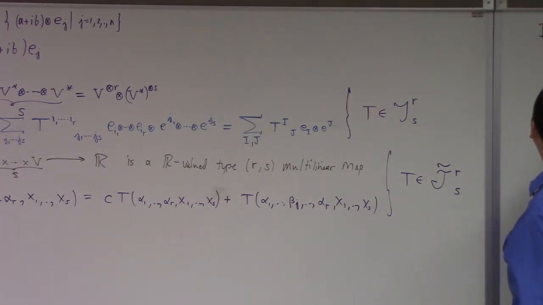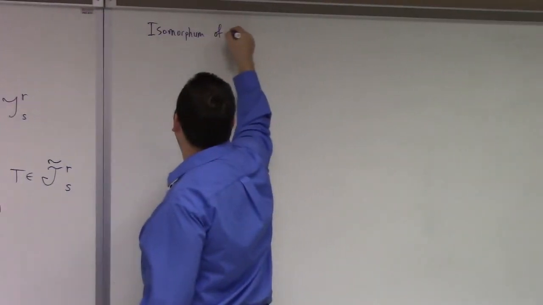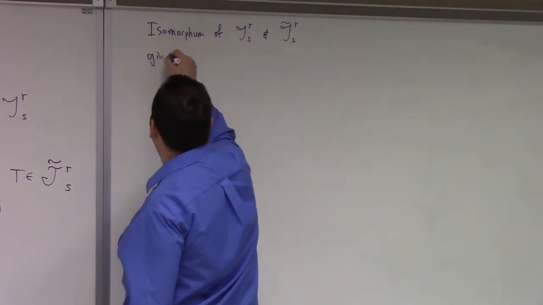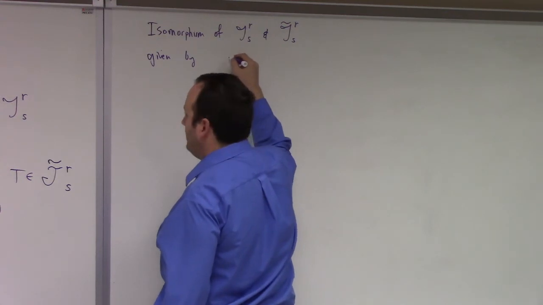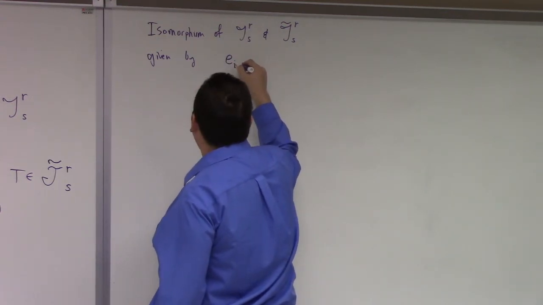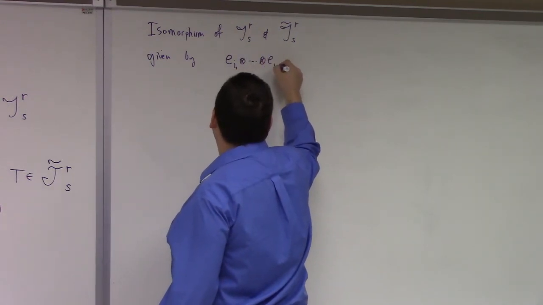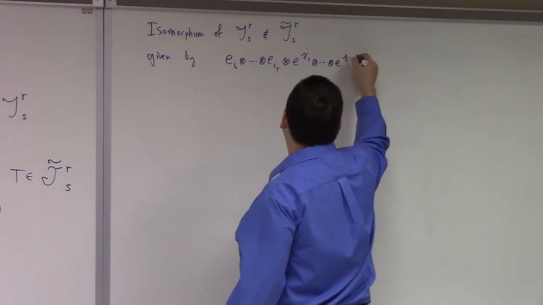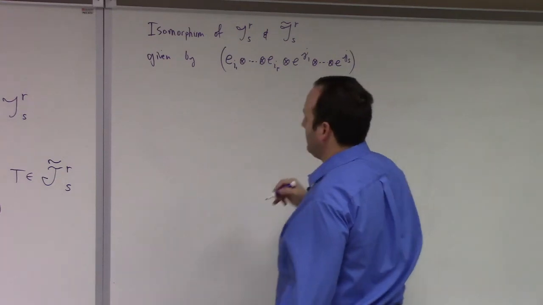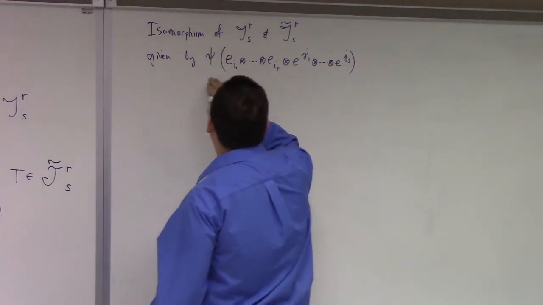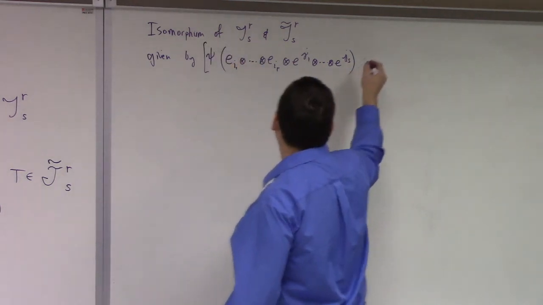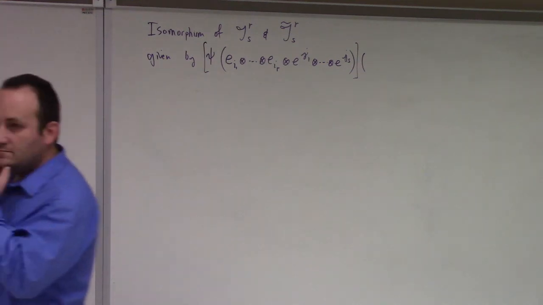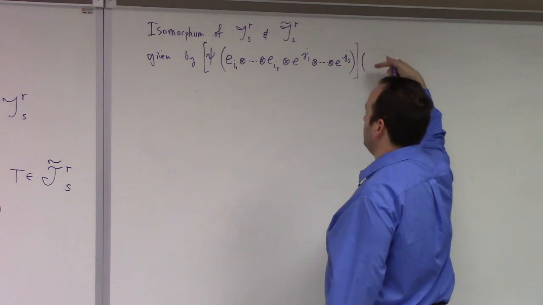So the isomorphism of TRS and T tilde RS is given by, basically, I need to show what I can do. I can extend the following linearly. So if I've got e_i1 tensor through tensor e_ir tensor e^j1 tensor through tensor e^js, I want to take that and describe an isomorphism that acts on these things. So let's say this needs to act on